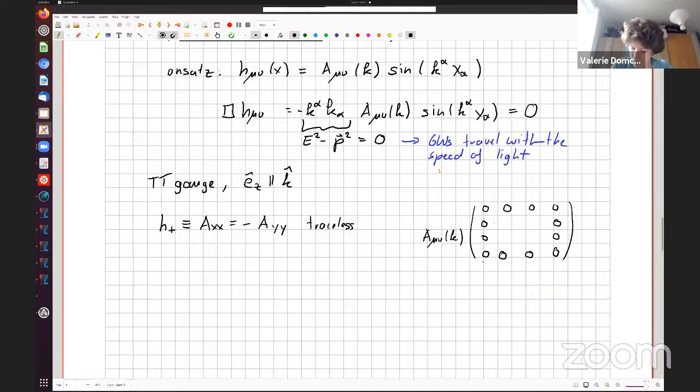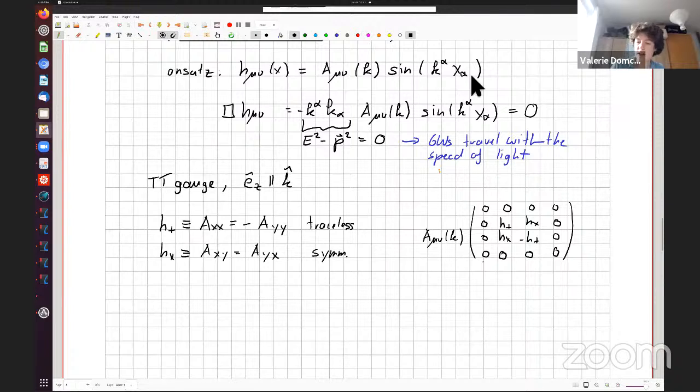So we have h plus here, minus h plus here. Now I know that it's symmetric, so I know that a xy is a yx. And this I will call h cross. So we have h cross here and h cross here. Right. So now you can put that essentially back in here, and you now have really an explicit idea of what your gravitational wave looks like in some sense in this particular gauge.